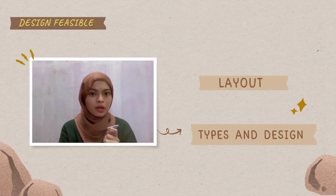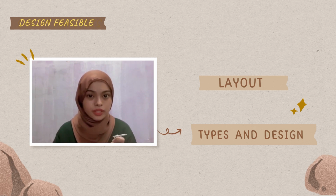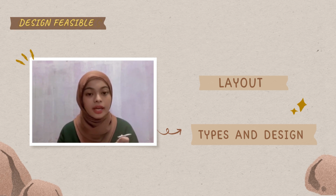Now I'll be talking about our design feasibility. First, our layout. The ground floor comprises 40 store lots and 7 kiosks that face the store lots. Aside from that, there is one ATM machine and a park in the center point of the mall. There are also 2 restrooms, 2 escalators and a lift and a staircase that leads to the first and second